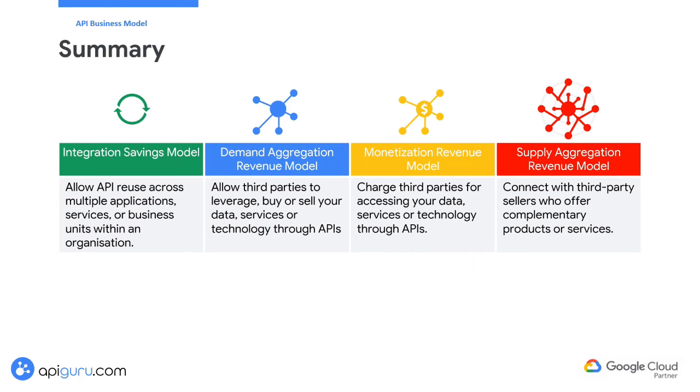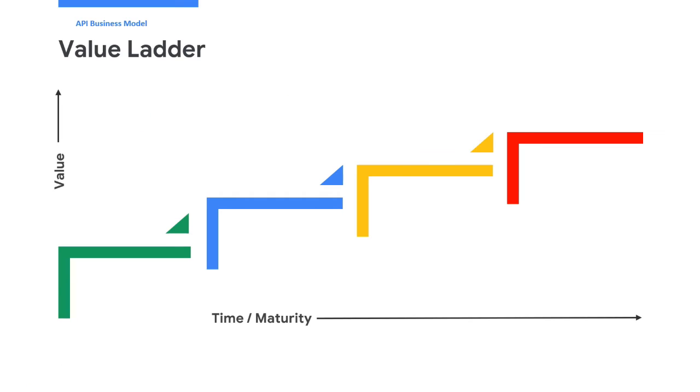While the integration savings model can unlock value by reducing cost and enhancing speed and business agility, the other business models hold the potential to create new opportunities and expand markets. Following the API value ladder helps organizations derive the maximum benefit from their API investments by strategically building, managing, and evolving their API capabilities. The API value ladder comprises different stages, each representing a level of maturity in API usage and the value they can deliver.